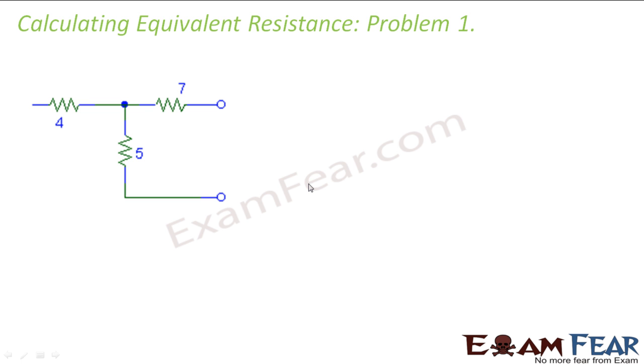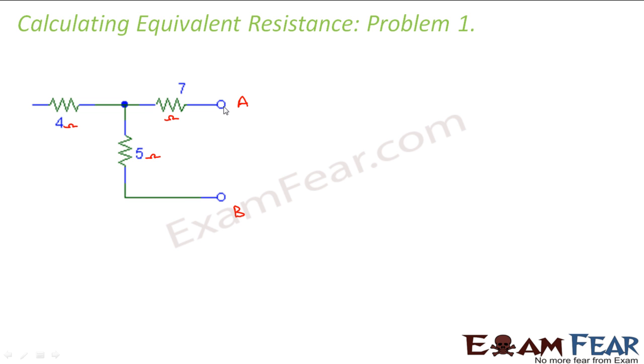We will now look at a variety of problems and circuits, and we will see how we calculate equivalent resistance of a circuit. So basically, I will show you different kinds of circuits where you have numerous resistances, and will tell you different tricks and methods to calculate the equivalent resistance of the circuit. So this is our first problem, where you can see that there are three resistances, 7 ohms, 5 ohms and 4 ohms respectively. And I ask you to calculate the equivalent resistance of this circuit between points A and B. So how do you calculate it?